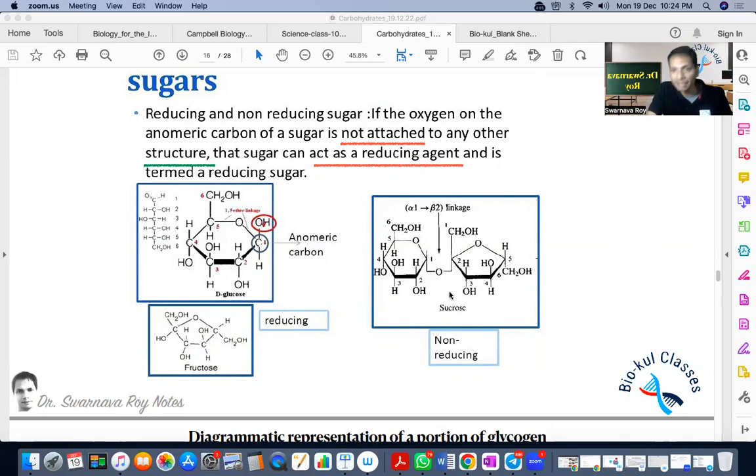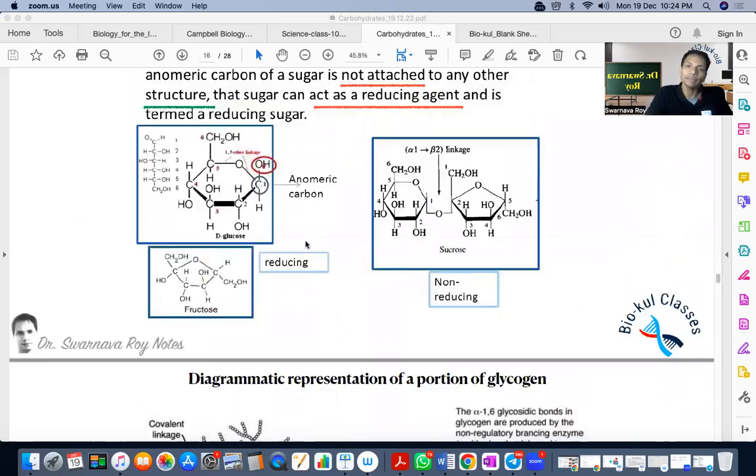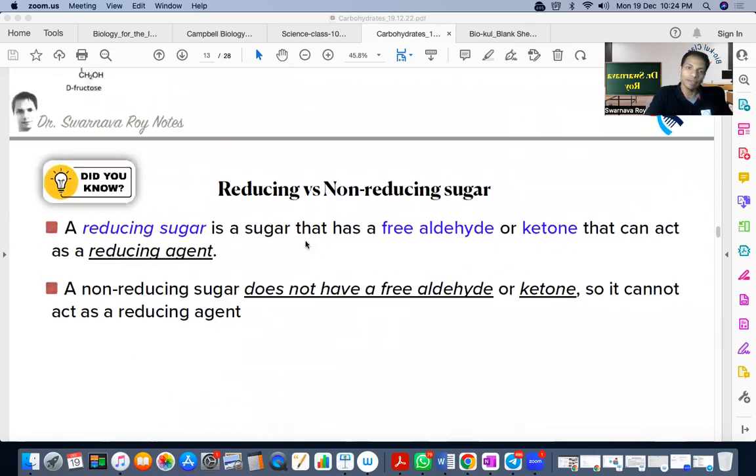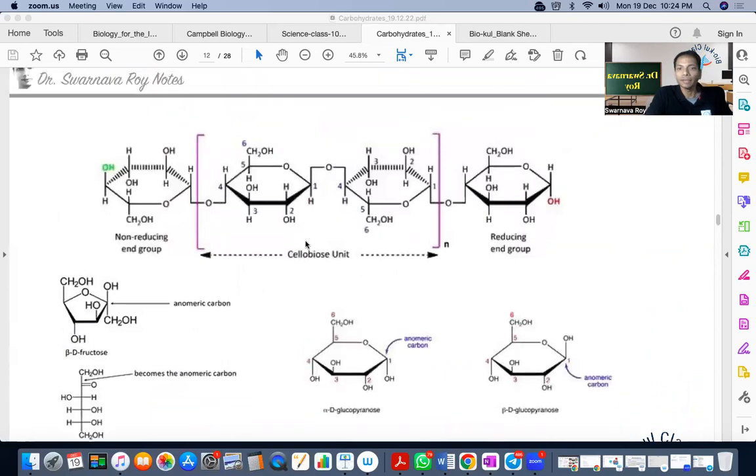This is bonded in the case of sucrose. That's why sucrose is a non-reducing sugar. That means if you react sucrose with Benedict's reagent, it will not reduce the cupric form to the cuprous form of copper. So the Benedict's reagent, which is blue in color, will remain blue when you add sucrose to it. Okay, all right. With that concept, now that we have learned about reducing and non-reducing,